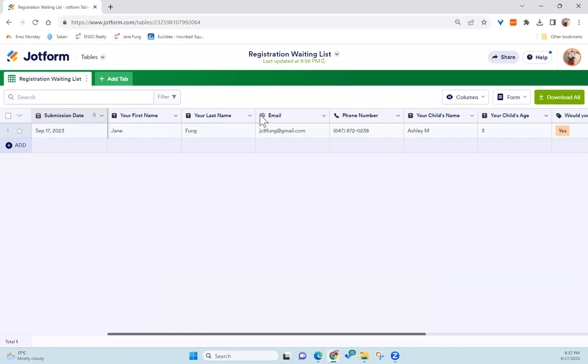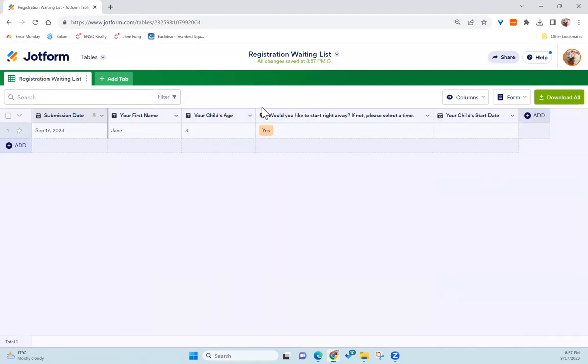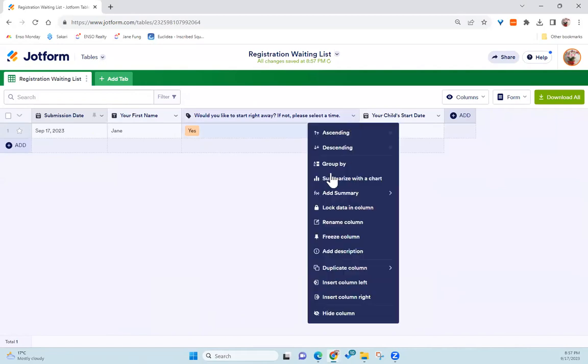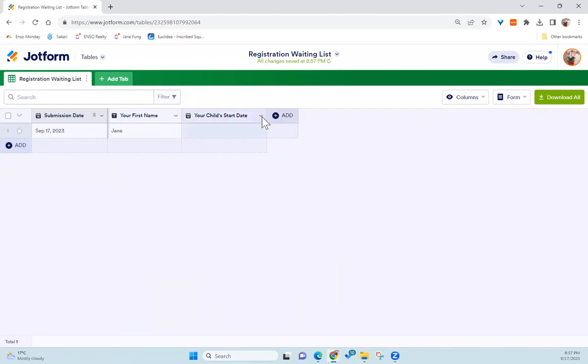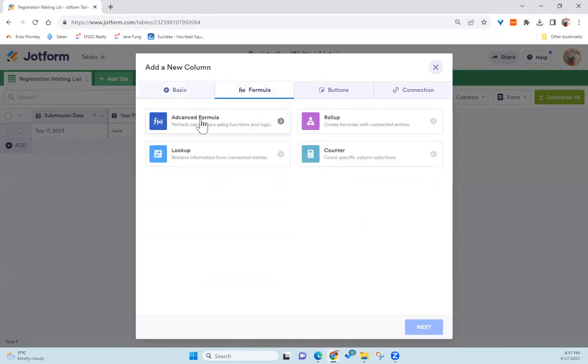Okay, so what we want to do, we can have this table to look at the submission, or we can also expose this table publicly. However, you may not want to have this table completely exposed just like this because it has too much information. Then optionally, what you could do is hide the fields that you don't want to expose. For example, the phone number, the child's name, age, basically all the personal data. And instead, we can create some additional column that we can expose safely, such as we'll create formula,